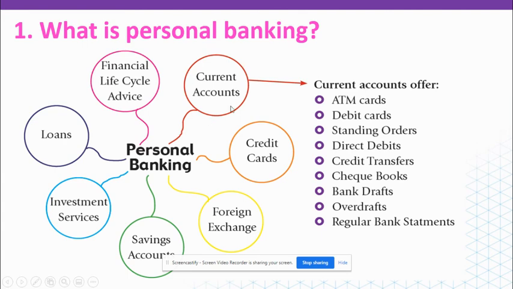Okay, so that's the services offered from a current account. So everyone really that has an account in the bank has a current account because they have all these services. Now, the second thing that a bank offers separately, another service, is called credit cards. Now, please don't get this mixed up with debit cards. Remember, with debit cards you use your card to pay for stuff and the money comes out of your account instantly when you pay with your card. Now, a credit card is different. It's not linked to your bank account at all.